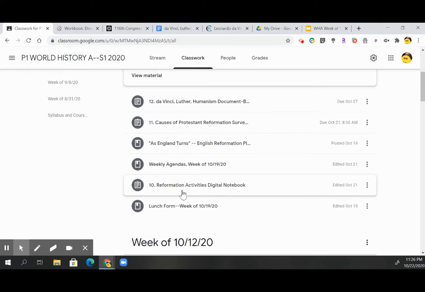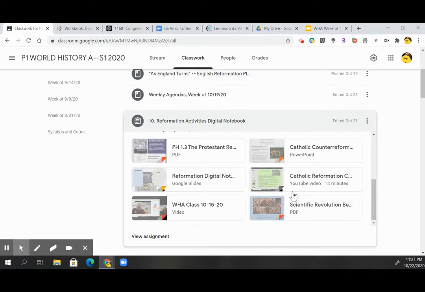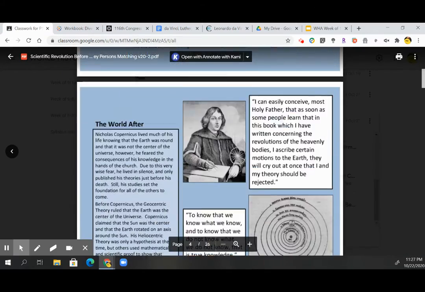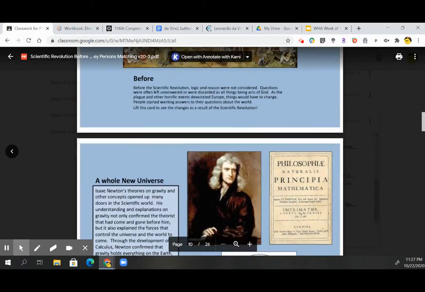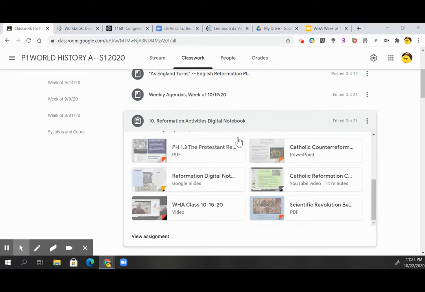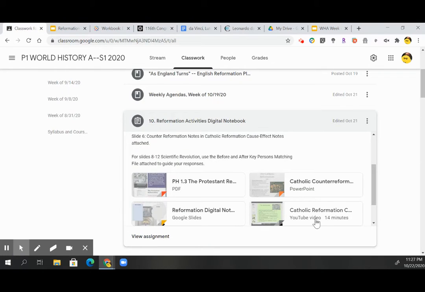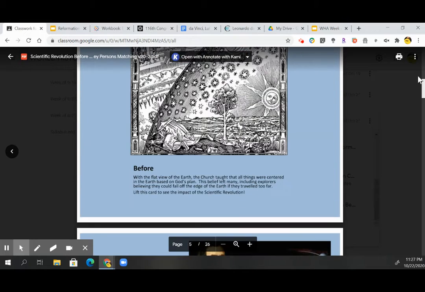Remember, the scientific revolution is where we've been, and we're at the bottom on the Reformation activities. And remember, this is the before and after notes. I've explained this, and I can put up a recording of class to help you with that. If you need further clarification on that, remember, you're broadly summarizing the after piece in the notebook. It doesn't have to be summarized word for word, but the slides down at the bottom can be summarized word